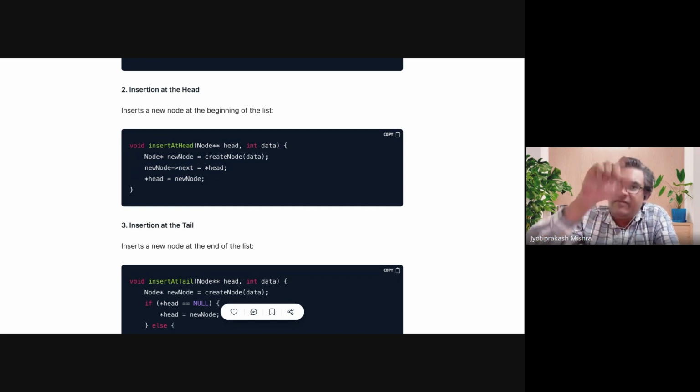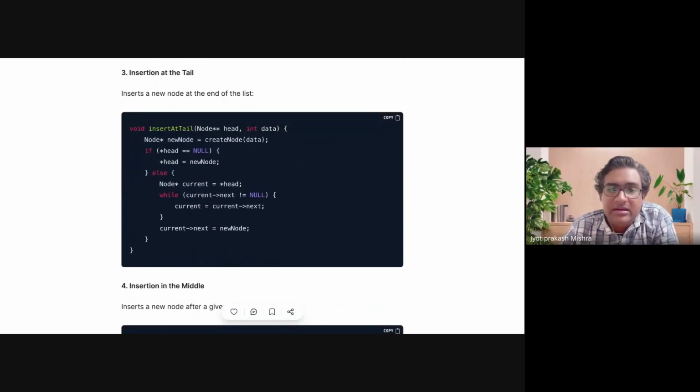ये अभी 5 को पॉइंट करेगा। 5 क्या था, पुराना हेड था, जो कि अभी भी हेड का वैल्यू है ना, हेड का वैल्यू है, जिसके अंदर हेड का एड्रेस है, वो यहाँ पे उसके नेक्स्ट को यहाँ पे सेट कर दिया। और फिर हेड का जो नया वैल्यू है वो नया नोड हो गया, वो 7 का एड्रेस हो गया, ठीक है। आगे बढ़े, ये क्लियर है सबको? यस सर।